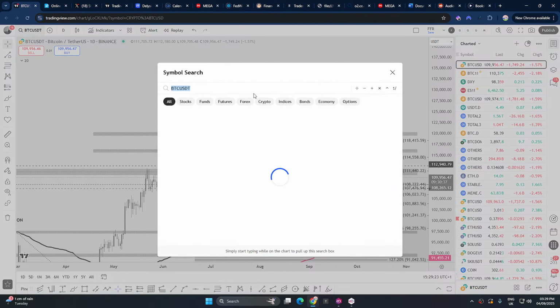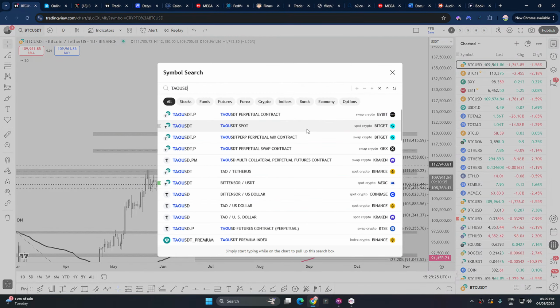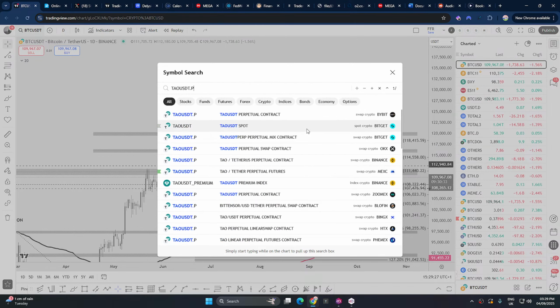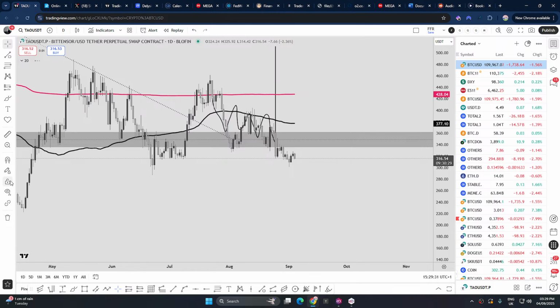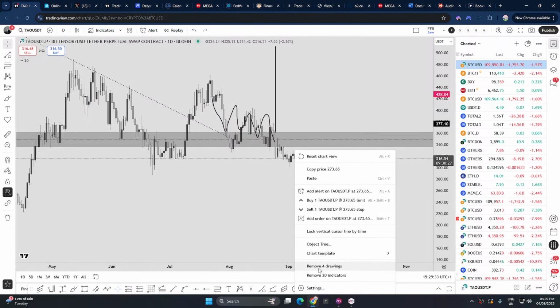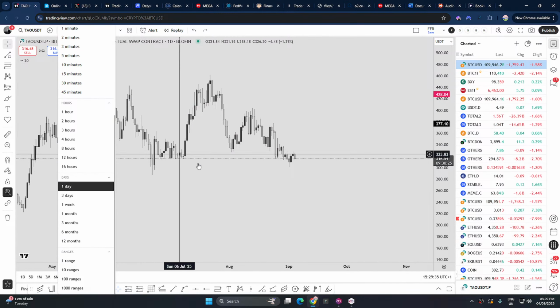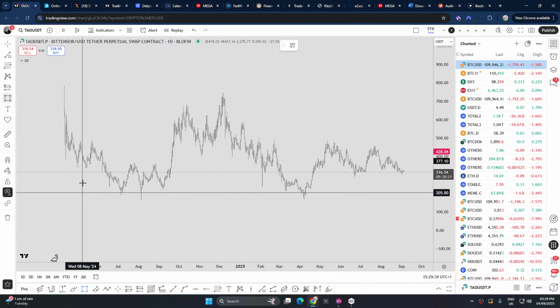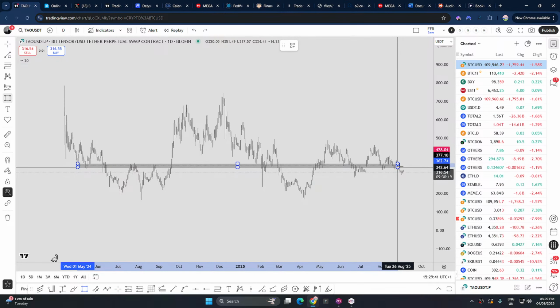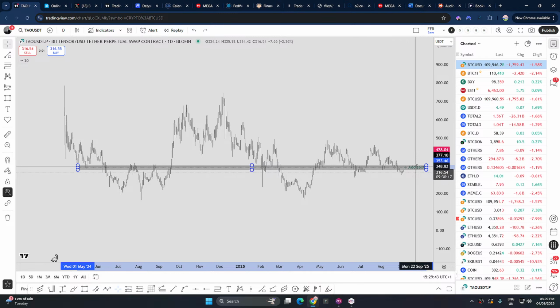Can you take a look at Tau? Let's take a look at Tau. I've never enjoyed taking a look at Tau or Solana. Tau, just like Solana, sometimes has a very noisy chart. But let's do that. Let's just remove all the drawings. Okay, first things first, let's just quickly draw the SR levels, and you can see that Tau is trading under